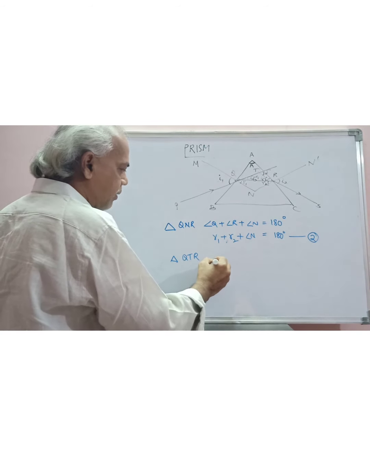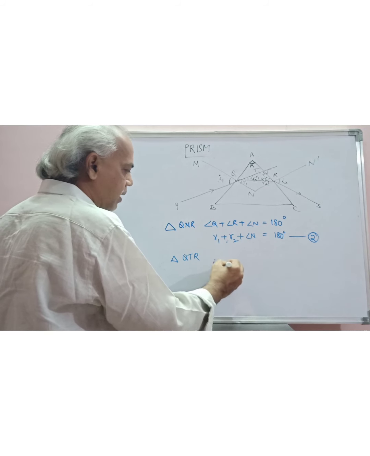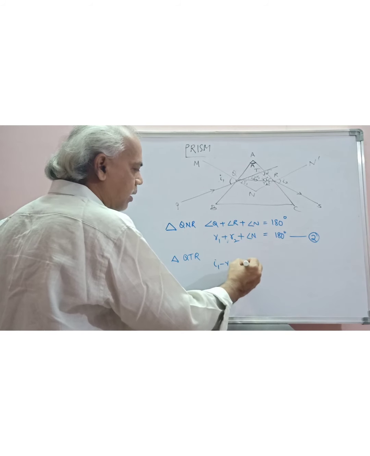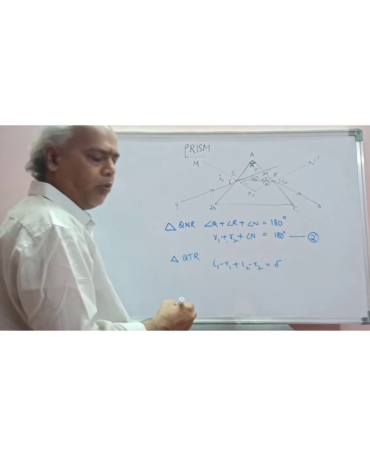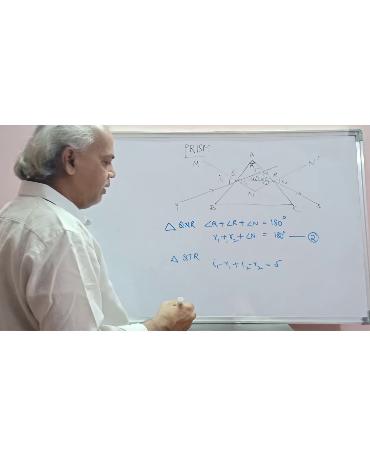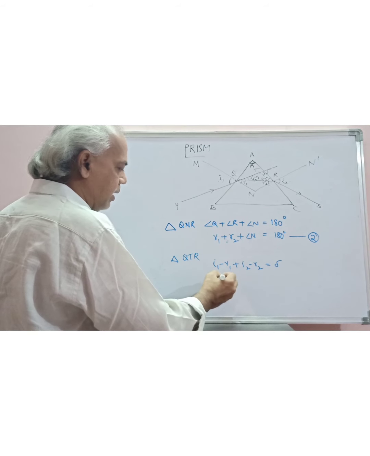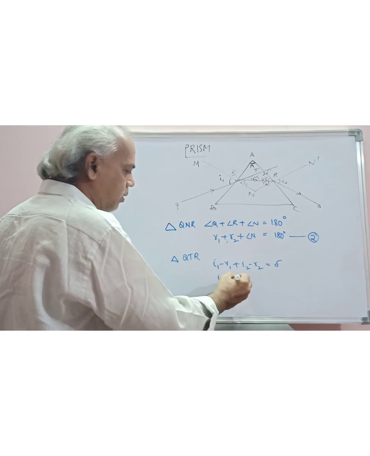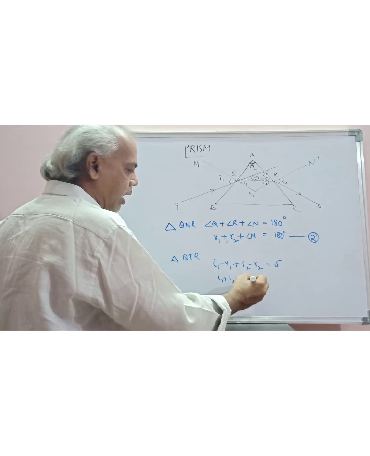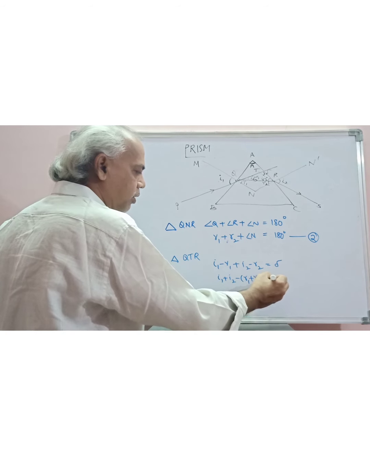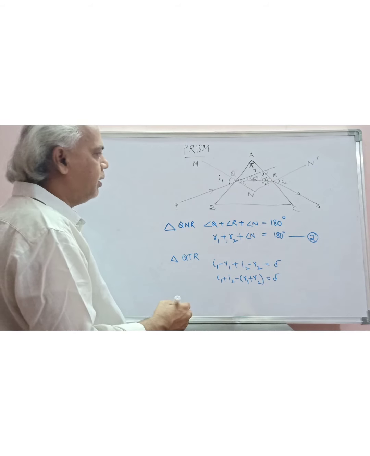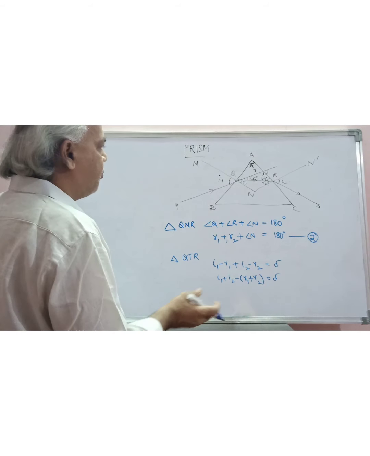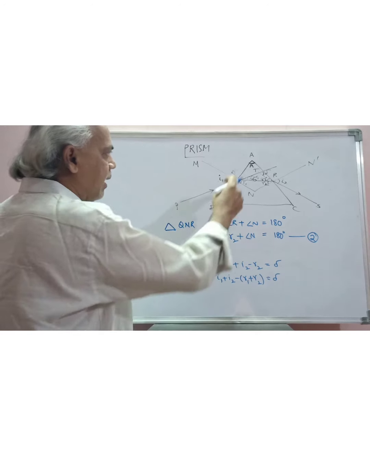That is, I1 minus R1 plus I2 minus R2 is equal to the angle of deviation. That is, I1 plus I2 minus (R1 plus R2) is equal to δ, the angle of deviation. From the equilateral prism,